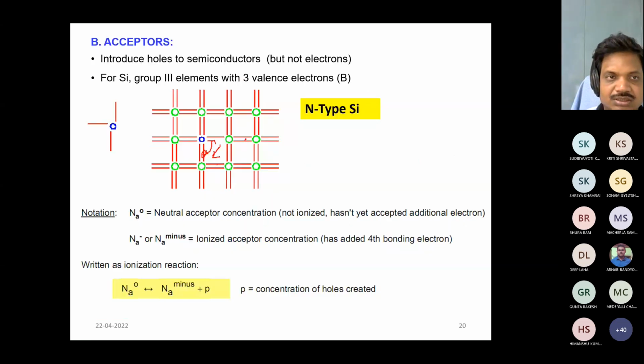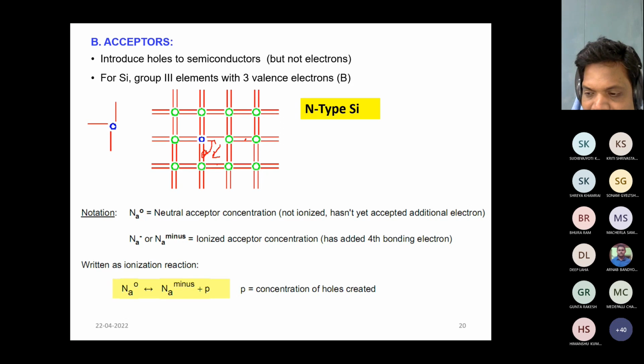Similarly, for acceptor type atoms, if we consider one atom from group 3 of the periodic table, with 3 valence electrons, like boron or aluminium, and add it into silicon of group 4,